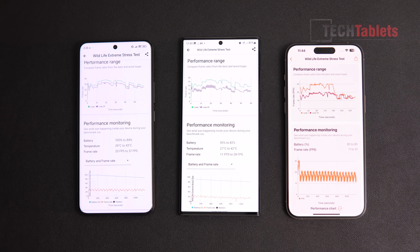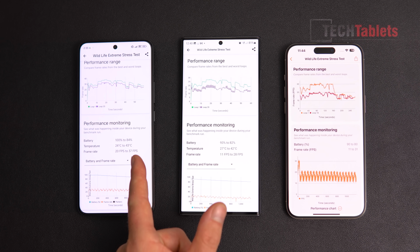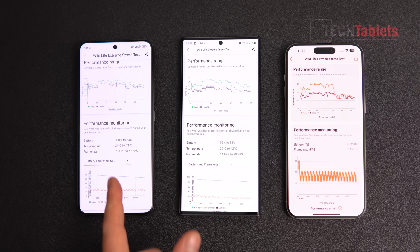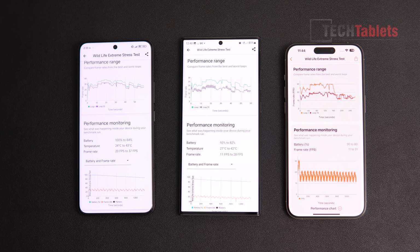And here you can see the difference in the frame rates and the temperatures. So the iPhone doesn't show the temperature, 42 degrees, 43 degrees. Now that is, I believe, taken from the battery temperature. So the frame around the outside was getting a lot hotter. So it's just dispersing that heat. It gets very, very uncomfortable. This also gets really hot, but not quite as hot as the Xiaomi here, which is a very hot running